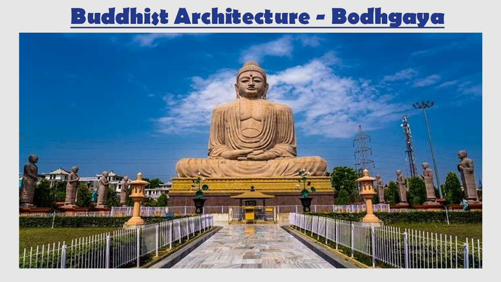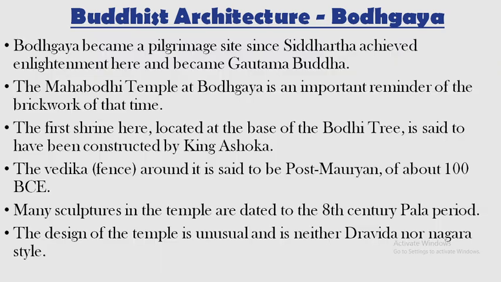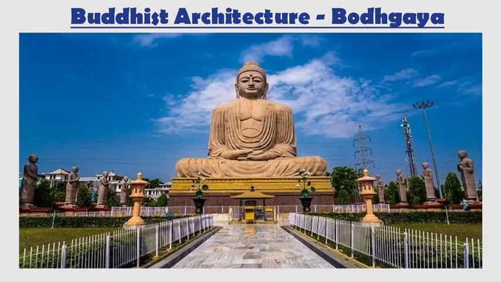So, the first important Buddhist architecture we are going to study here is at Bodh Gaya in Bihar. Bodh Gaya became a pilgrimage site since Siddhartha achieved enlightenment here and became the Gautama Buddha. The Mahabodhi temple at Bodh Gaya is an important reminder of the brickwork of that time. The first shrine here, located at the base of the Bodhi tree, is said to have been constructed by King